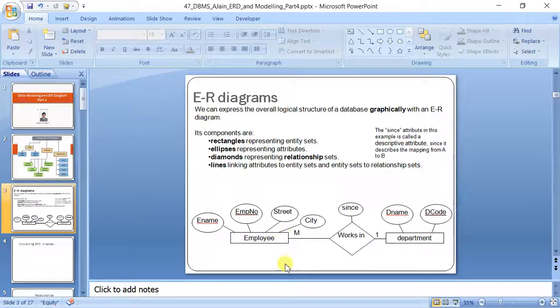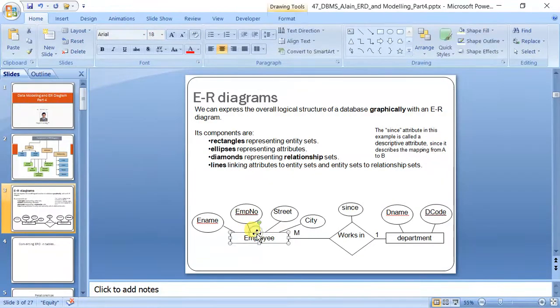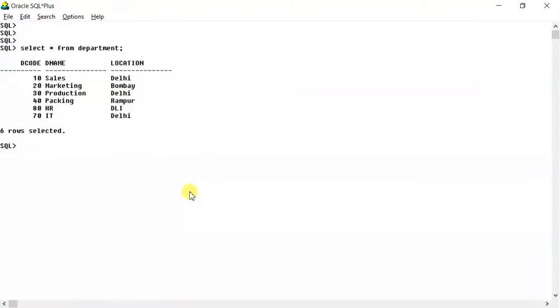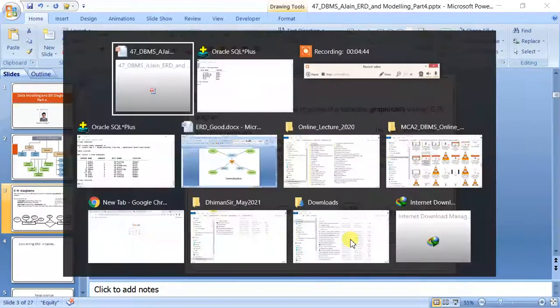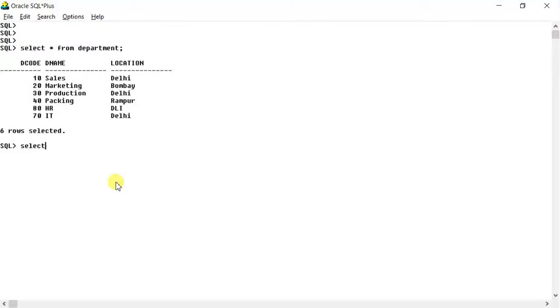Next we will create an employee table. But if you create an employee table with only employee attributes, e-name, number, city, something like this, this relationship will not exist. Let me show you. Select star from EMP.